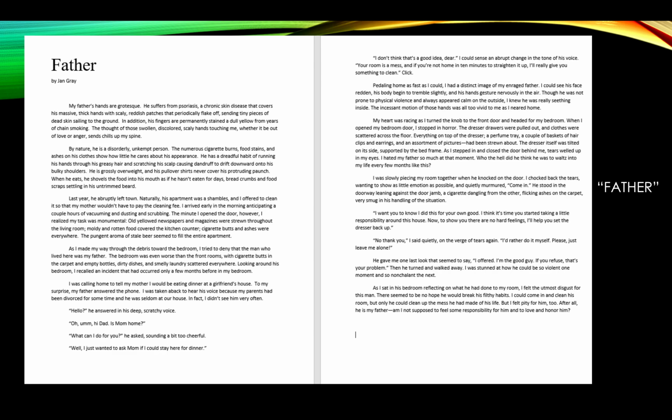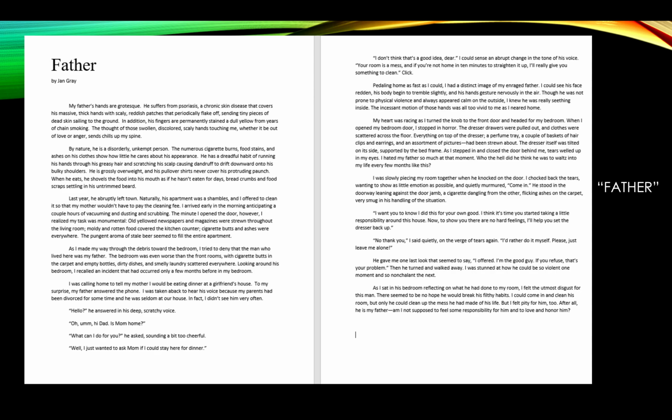It's about his appearance. It talks about his hands running through his greasy hair, scratching his scalp, causing dandruff to drift downward onto his bulky shoulders, right? These are great descriptions. He's overweight, grossly overweight. Do you notice how she used the word gross again? That repetition from grotesque is intentional.